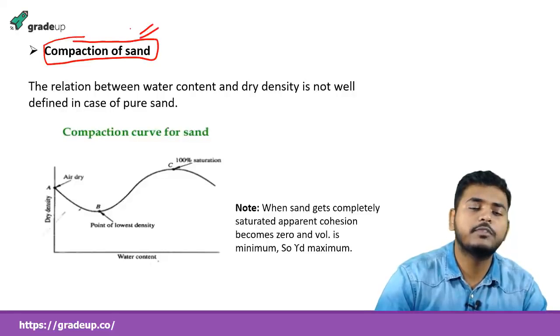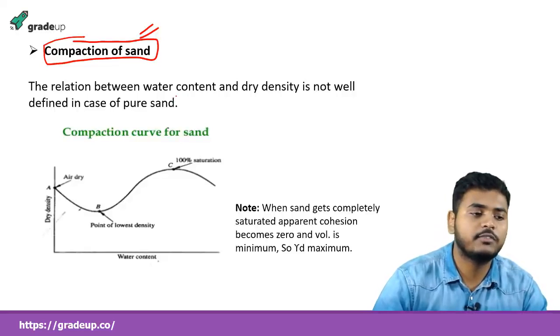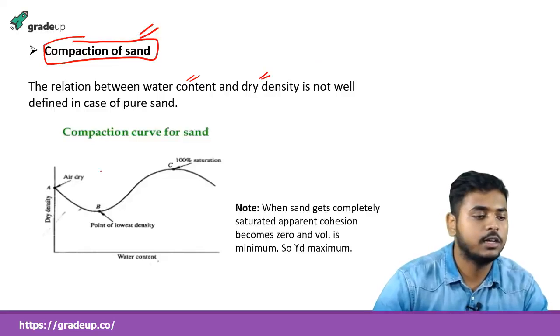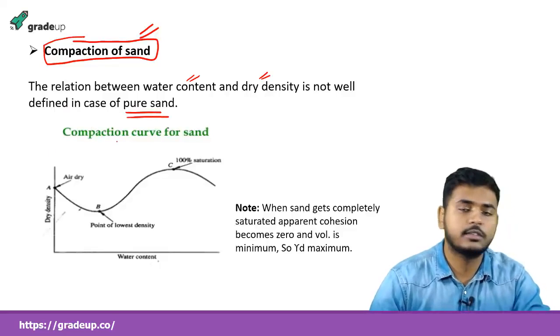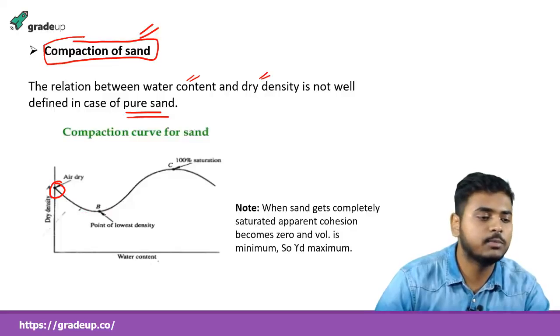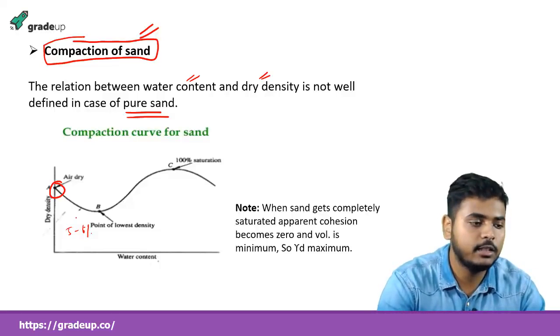Compaction of sand is completely different from compaction of clay, and its relation between water content and dry density is not defined as we found in the compaction curve. Here we have a varying graph, okay, and it is not well defined in the case of pure sand. Let's see this graph. We find that first the dry density was this, and then it decreased. On applying a small quantity of water, around 5 to 6%, we find that the water